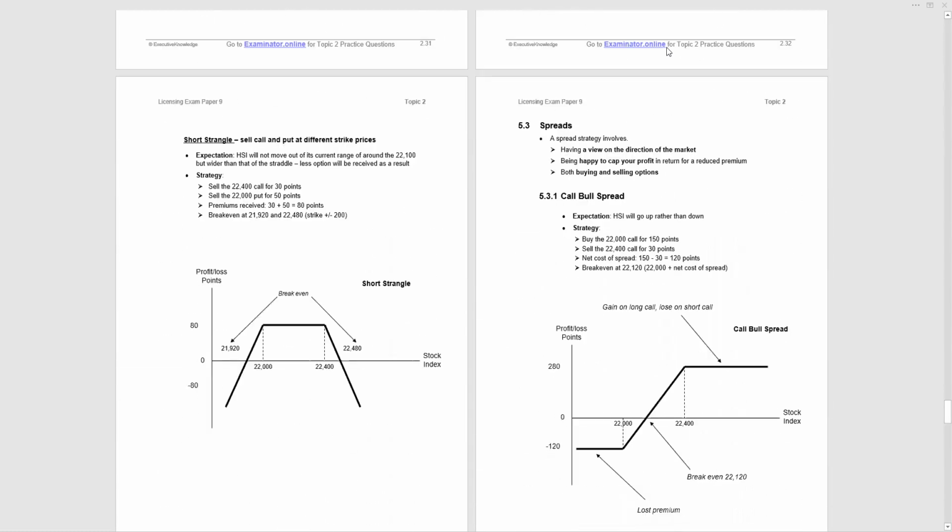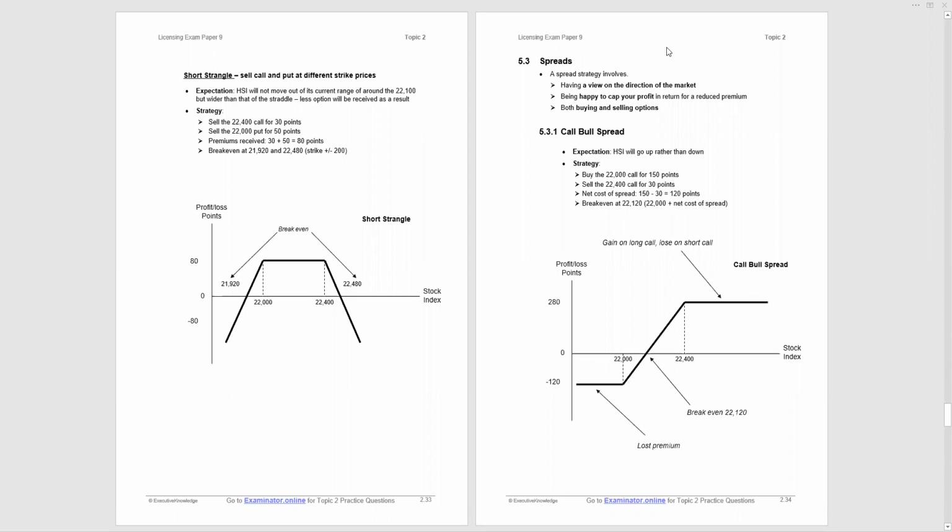Equally, with the short strangle, you are gaining income, you are selling a call, you're selling a put at different strike prices, and the market can move by more, and you still keep your premium, but the premium is not as high as with the straddle. So there are trade-offs between the straddle and the strangle, but both of them are taking a view on the volatility of the market. Spreads, on the other hand, take a view on market direction, whether the market's going to go up or go down. You're happy to